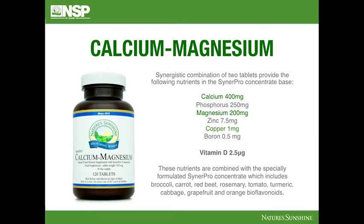It comes in the form of vitamin D3, and this is incredibly crucial to have in conjunction with calcium because vitamin D, we know, plays a role in the uptake of calcium, the absorption and the utilization of calcium within the body. So for really strong, healthy bones, particularly this product is important for postmenopausal women, for anyone that has susceptibility to fractures, or anyone that is just generally going through a fracture repair and they need to give their body a little bit extra nutrition to help with the repair and recovery of their bones, then this is a